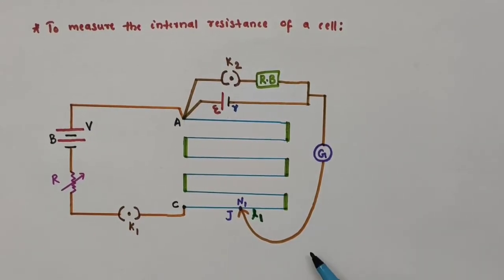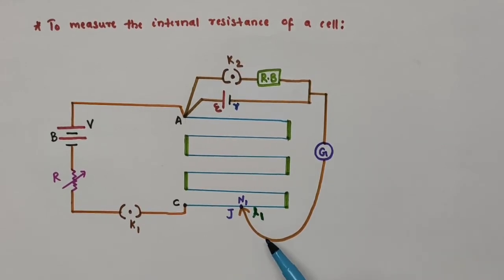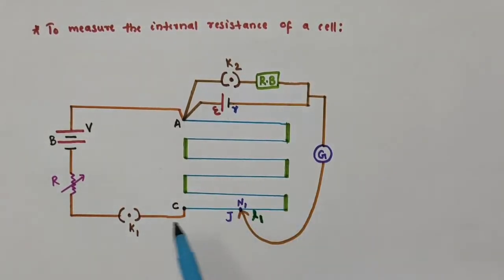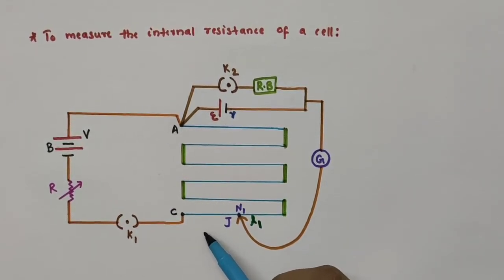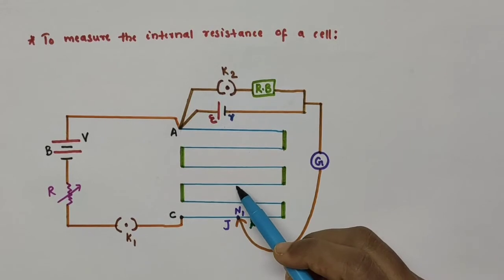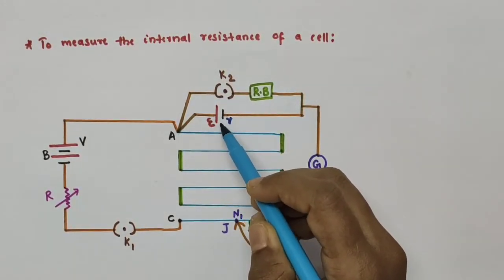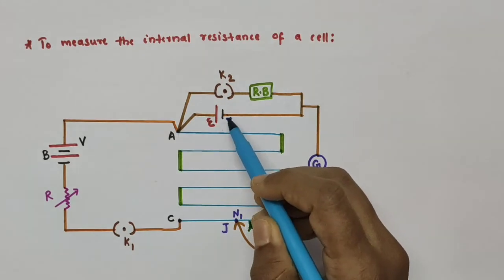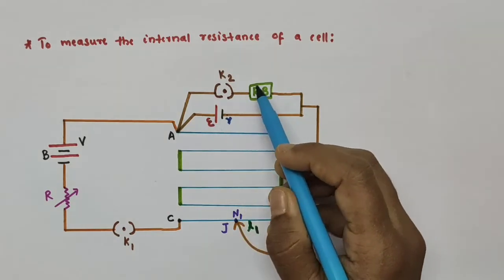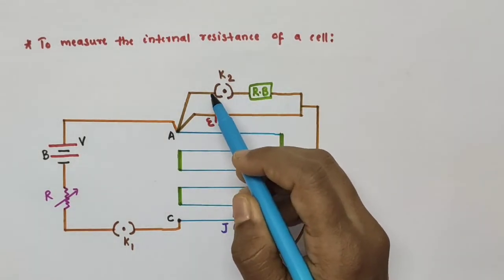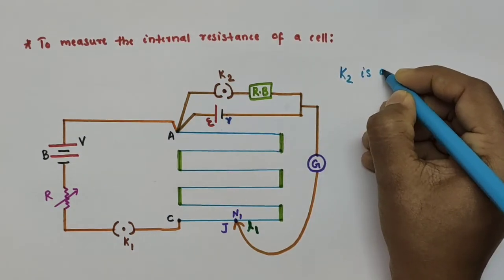Now let us see how we can measure the internal resistance of a cell using this potentiometer. For this, the arrangement is given here. The circuit diagram is shown here. To determine the internal resistance of the cell, here we have that cell of EMF E whose internal resistance is to be determined. R is the internal resistance of this cell, and it is connected across a resistance box through a key K2. Now, when this key K2 is open,